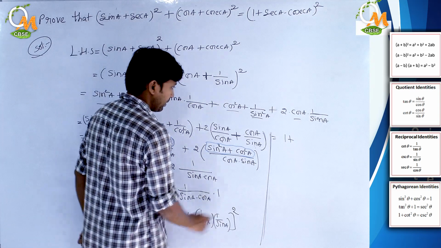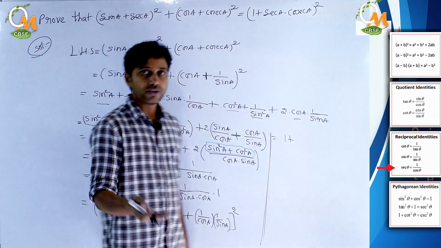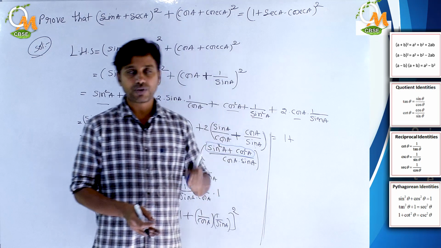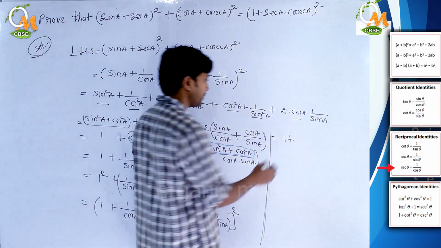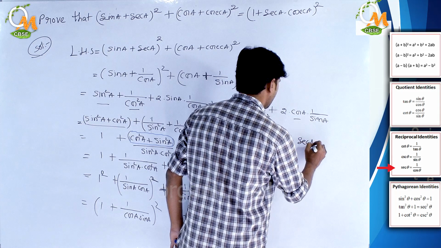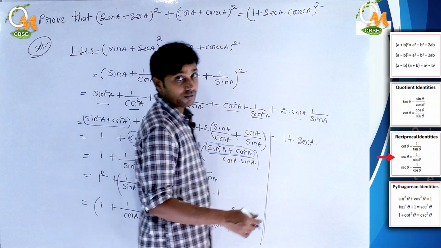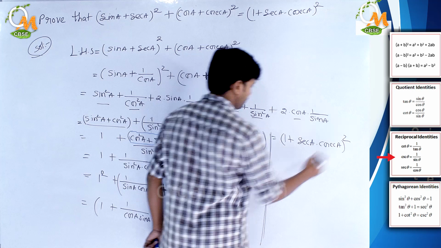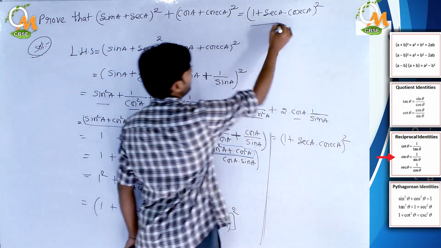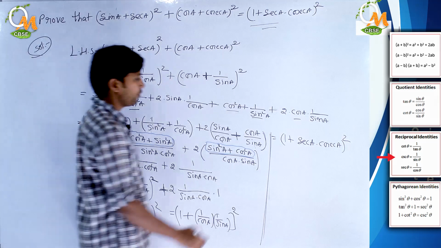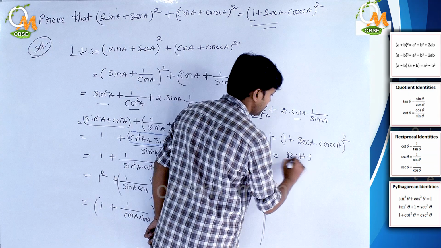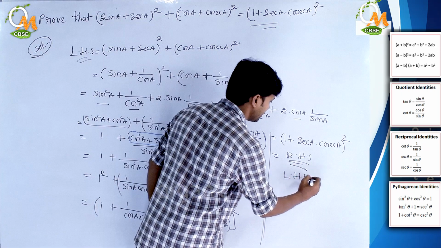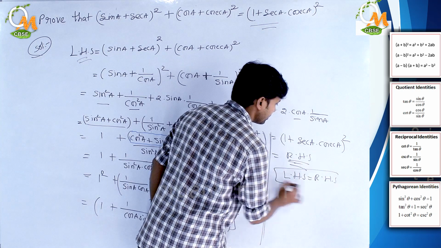Okay, 1 plus, what is 1 by cos A? Is it secant A or not? As we know that cos A and secant A are reciprocals of each other. Cos can be written as 1 by secant and secant can be written as 1 by cos. So therefore we can write it as secant A into 1 by sin, which can be written as cosecant A. For this we have square, put the square here also. So did we obtain our required result or not? Yes, we obtained the required result. So from this LHS we obtained RHS. So for this problem LHS equal to RHS, hence it is solved.